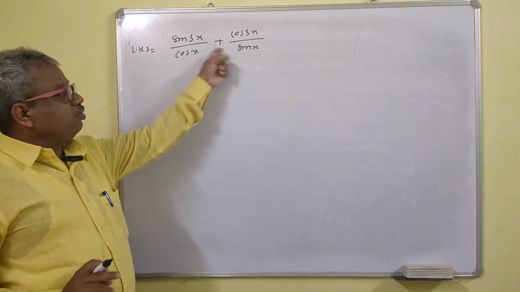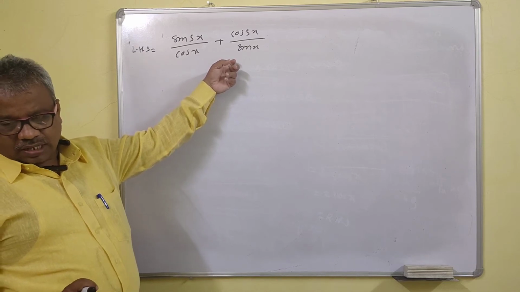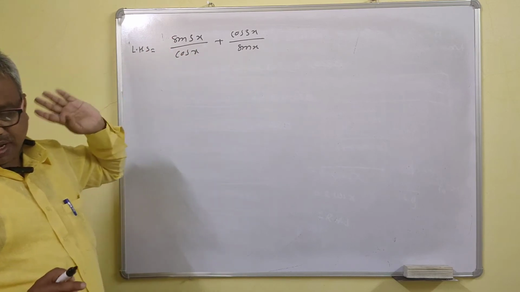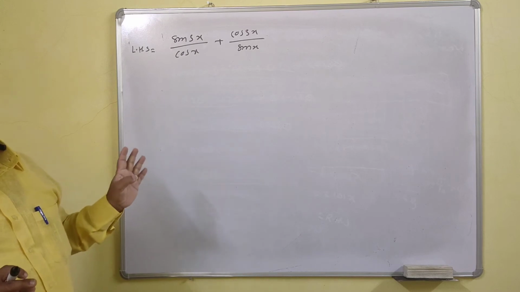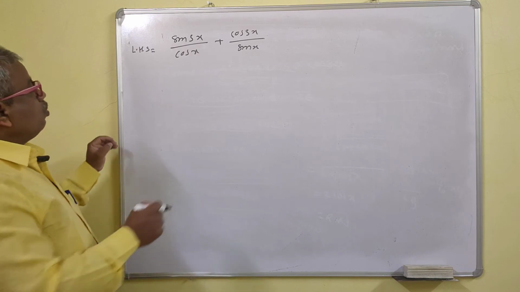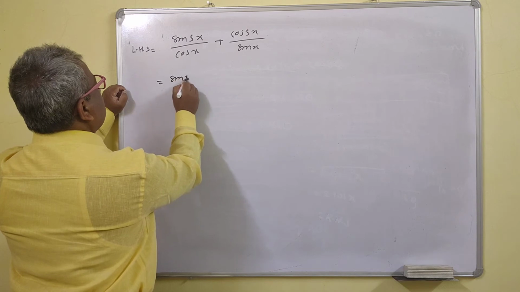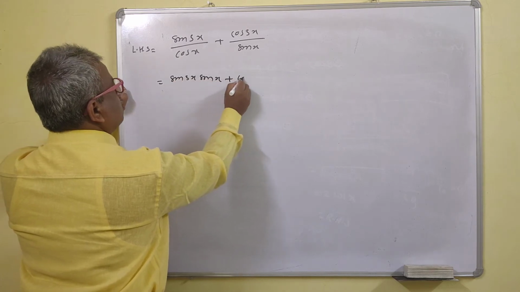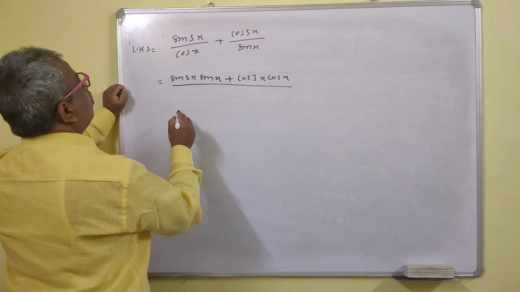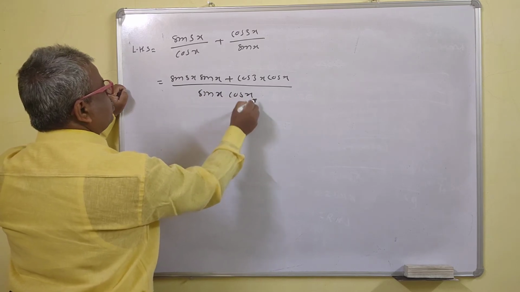So see, if you take the addition, your denominator is sin x into cos x. So 2 is not there, we can manage 2. Right? So it will be what then? 2 sin twice x. It may become sin twice x. So your denominator is ready now. You have to take the precaution for the numerator only. Right? Okay, so what we'll do, addition now. This is what? Sin 3x sin x plus cos 3x cos x upon sin x cos x.